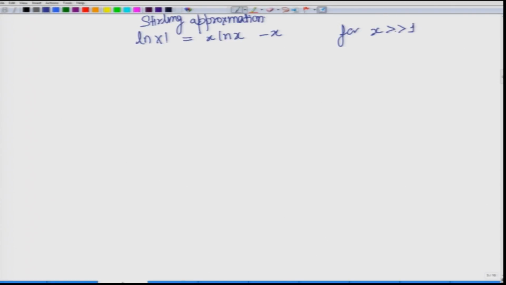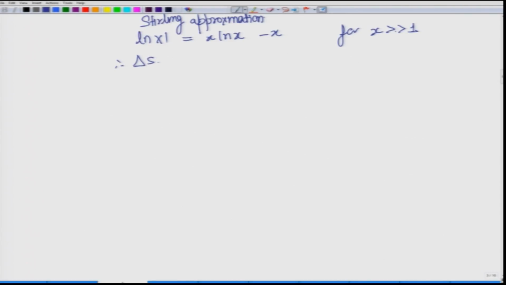So, using Stirling, what is this Stirling approximation? This is ln x factorial is equal to x ln x minus x. This is true only when x is much greater than 1, much larger than 1, and therefore,